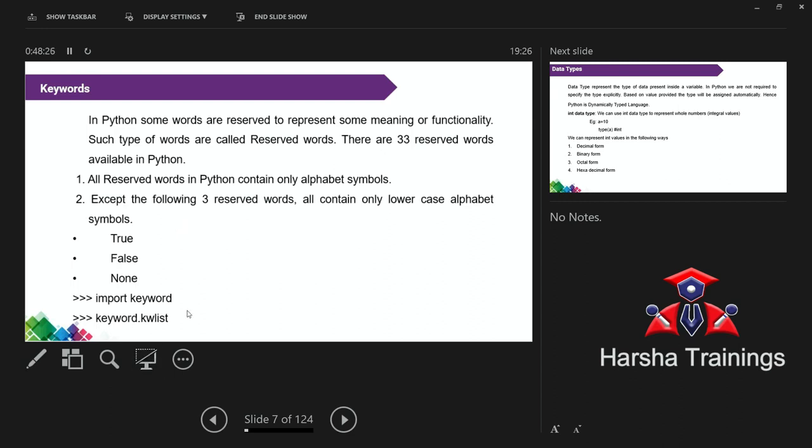Now, what are the keywords? No need to remember this one. Import keyword: by using this statement, it will display all the keywords. I will show you the execution in tomorrow's session. I will bring my laptop, which has Jupyter notebook and the basic IDLE built in, and I will show you the execution in parallel. So remember this one. Tomorrow we will show this. If I forget, you have to remind me.